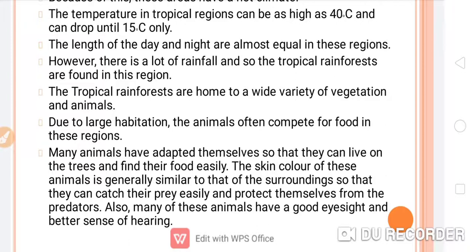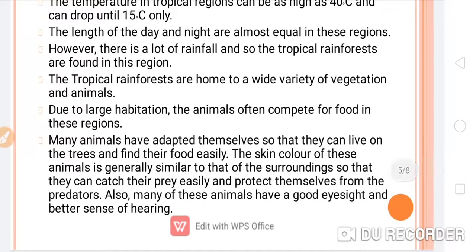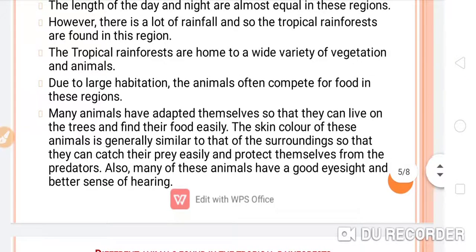However, there is a lot of rainfall, and so the tropical rainforests are found in this region. The tropical rainforests are home to a wide variety of vegetation and animals. And what is the vegetation? It means the plant variation, biodiversity. Due to the large populations, the animals often compete for food in these regions,